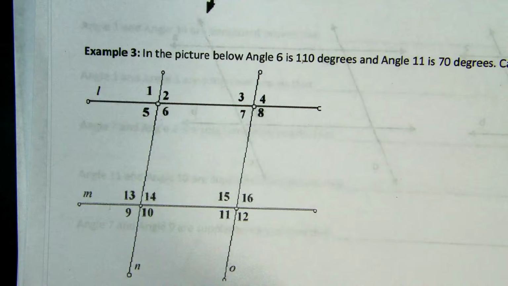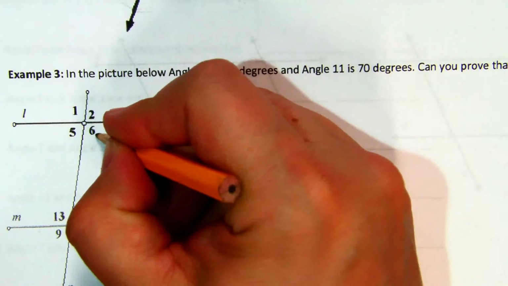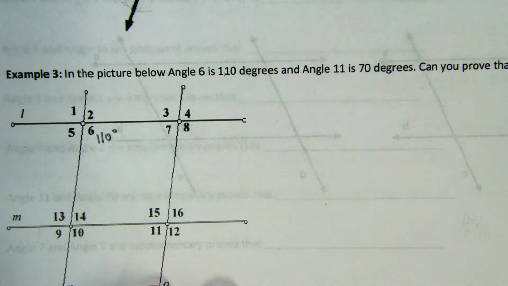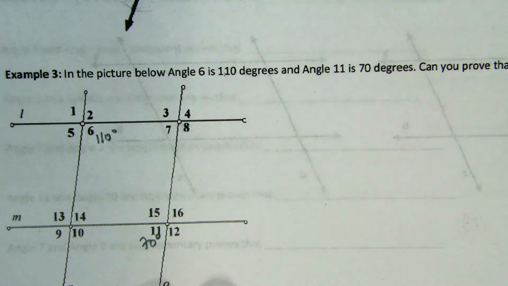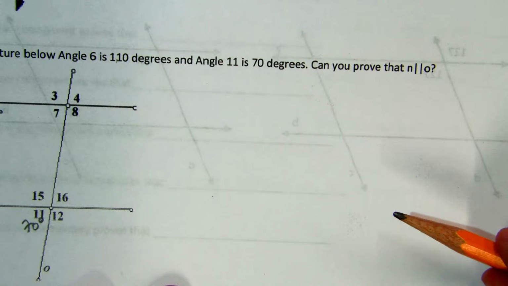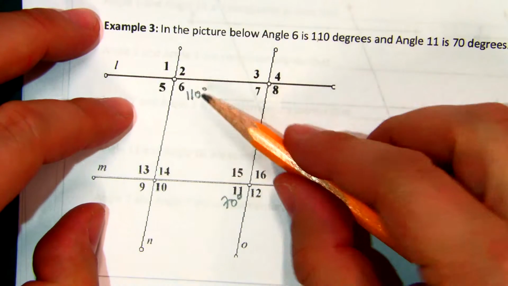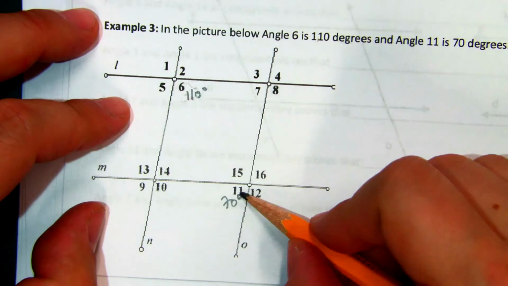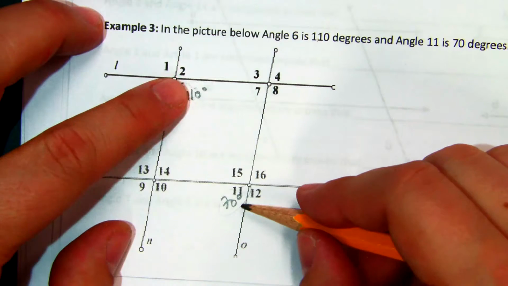Where it gets complicated is when we get to these cases where we have more than one parallel line. So in this problem, it tells me that angle 6 is 110 degrees, and angle 11 is 70 degrees. That's down here. Can I prove that N is parallel to O? So N is this line, O is this line. Alright. What do I have? I've got an obtuse angle up here, 110, an acute angle here at 70, and 110 and 70 adds up to 180, so 6 and 11 are